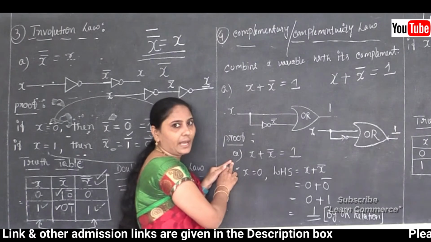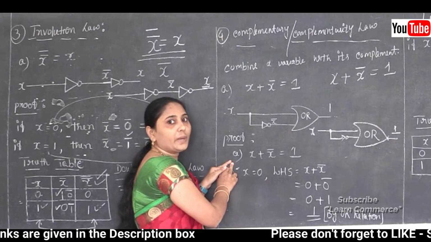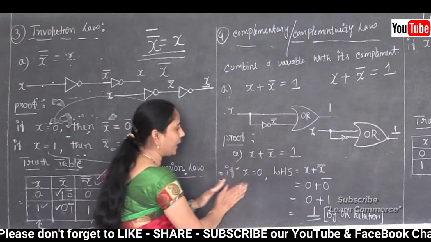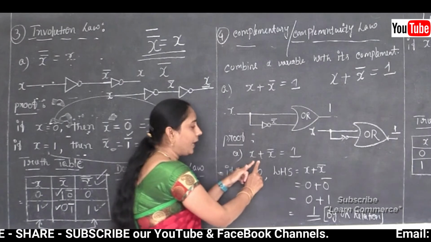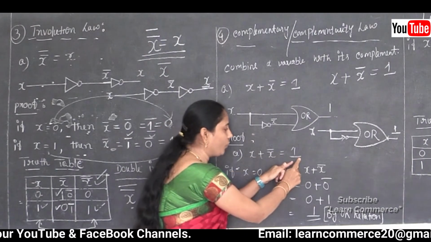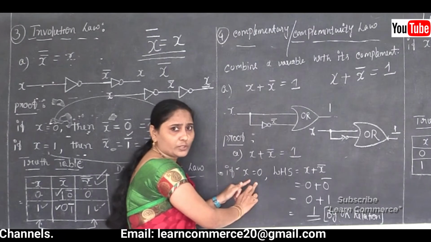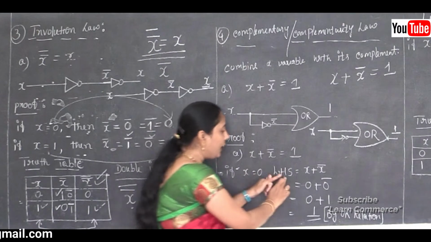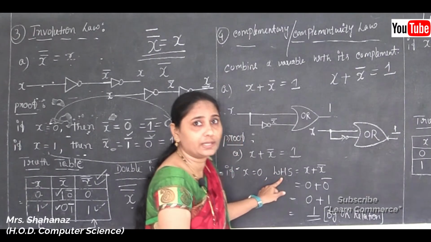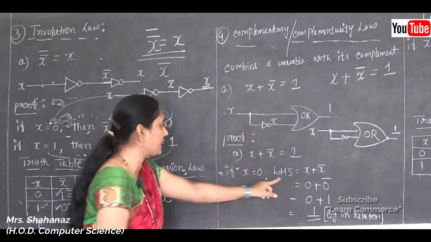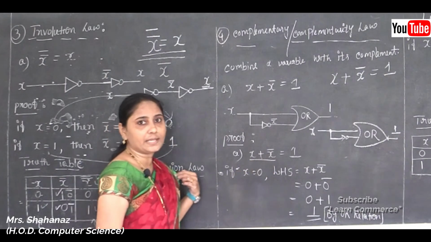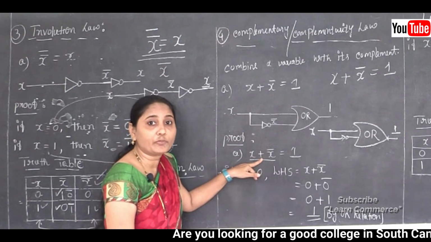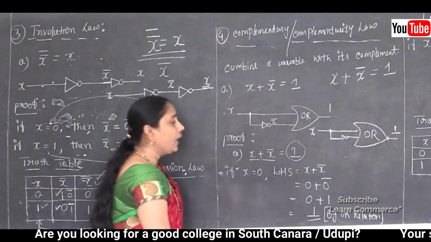Now we prove it by using the x value equal to 1 as well as the x value equal to 0. Now for the first law I am going to select the proof in option A, x plus complement of x is equal to 1. If the x value is equal to 0, what value do I add to x? The x value is equal to 0. Left hand side, we know that. What about the right hand side? Now x plus complement of x is the left hand side, and 1 is the right hand side.